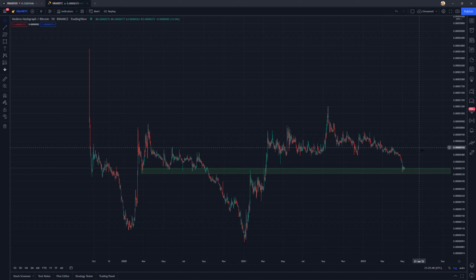So if Bitcoin starts moving back up and Hbar is outperforming it, that means Hbar would do very well against the USD pair. But you could also see the same with Bitcoin kind of moving down. Let's say Bitcoin moves down 20% and Hbar is only down 5% against the USD pair. That would also mean this chart is moving up. So it really all depends on what Bitcoin's doing. That will kind of dictate how this chart plays out.